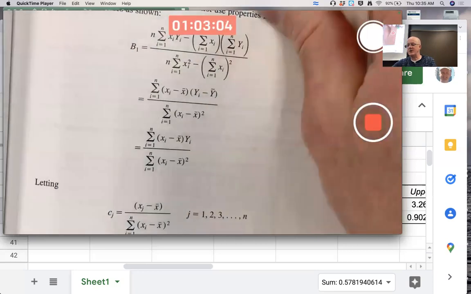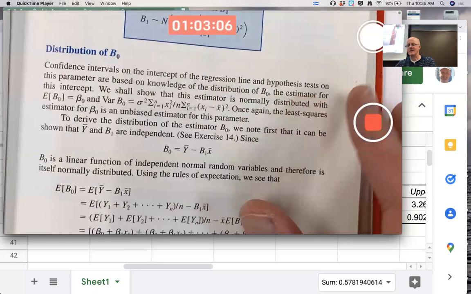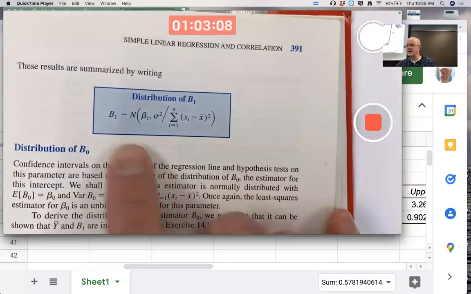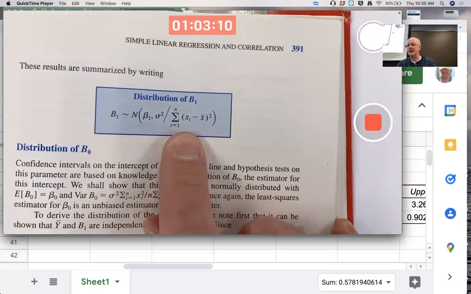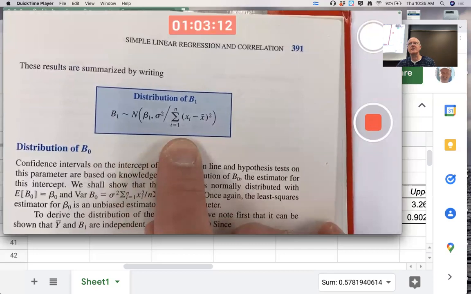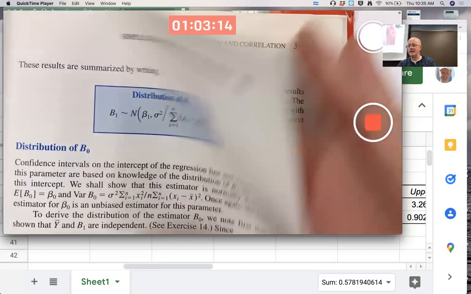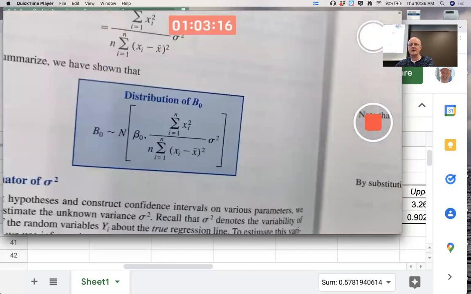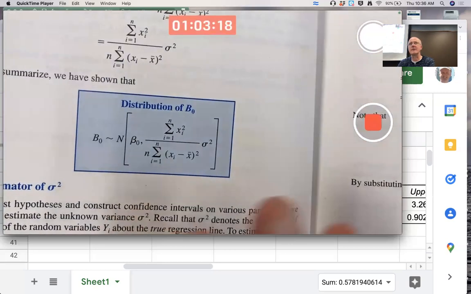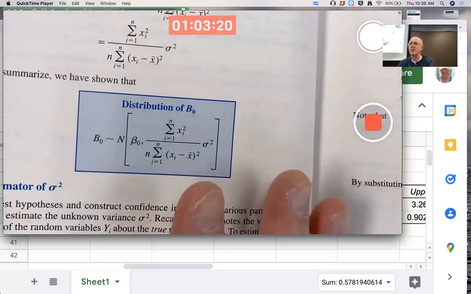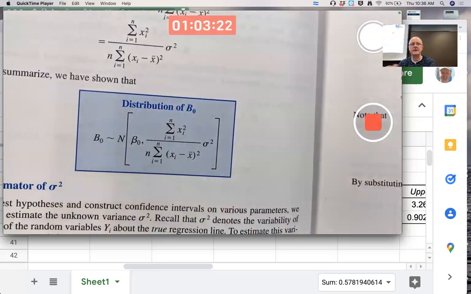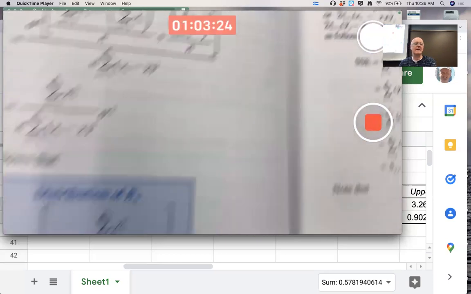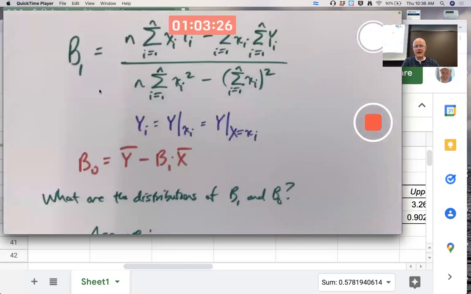Before next Tuesday, make sure you study these derivations. The distribution of B1 is derived. It's normal with a certain mean and a certain variance. And the distribution of B0 is derived. Study those for next time. We will go over them to some degree, but I do want you to work at understanding them to put the theory together. In the few minutes that we have remaining, let me just show you what happened this morning